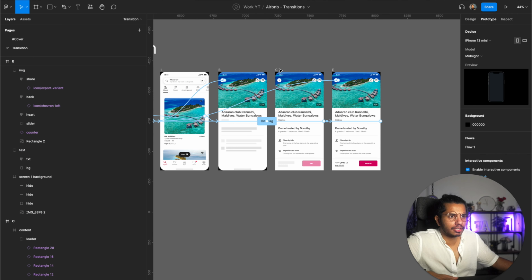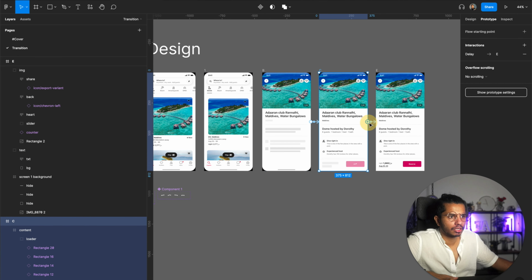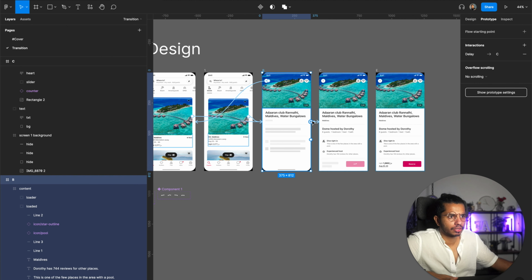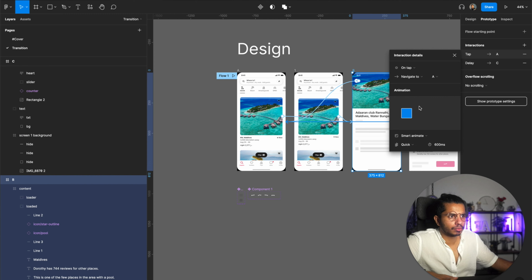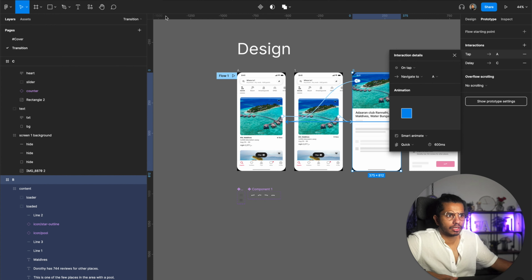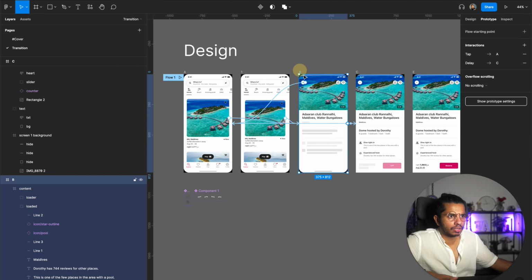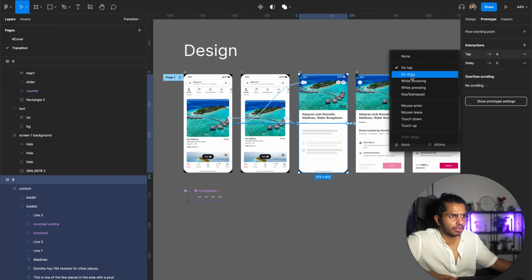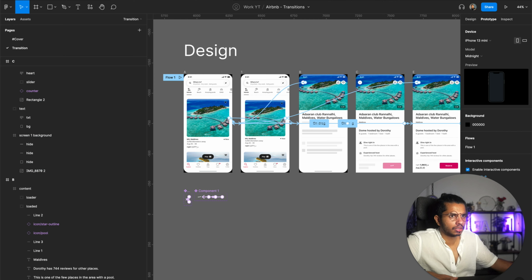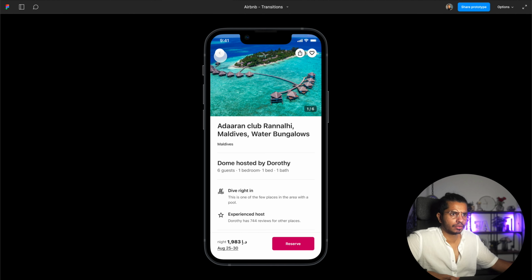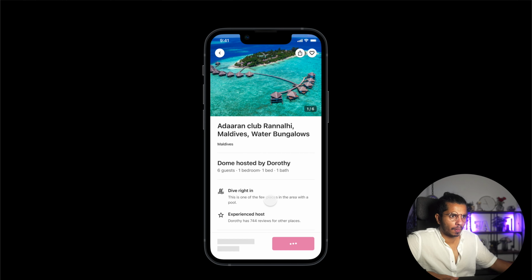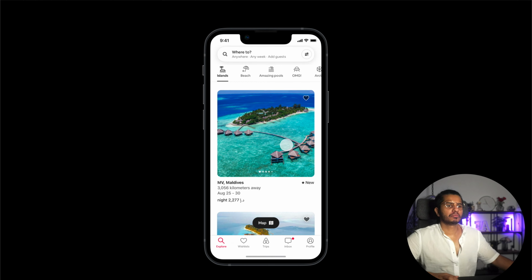I'm also going to add the similar one for all of these as well. Going back here, Smart Animate, quick, correct. Going back here, Smart Animate, quick. Alright, tap on this. Wait, I think it didn't capture, because it has to be on drag. On drag. Okay. Yep, I think this is